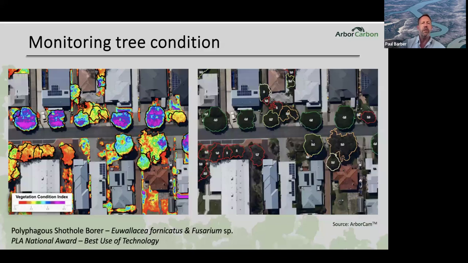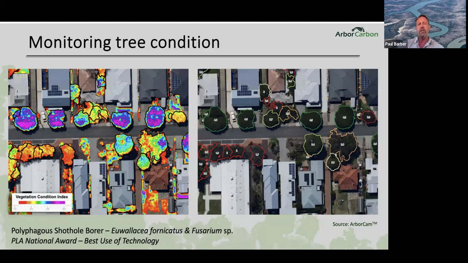Once we delineate the tree crowns, you see on the left-hand side there, we've got the vegetation condition index again. So the purple pixels are highest reflectance in each pixel, the red being the lowest reflectance. We delineate the tree crowns. We can then extract what we call a mean value VCI for each of those crowns, which is what you see on the right-hand side. So that mean value is a mean value of every single pixel in that crown. And then we get that value for each of those crowns. So the high value there is delineated in the green, the lower value is in the red, and we're effectively benchmarking the health condition of every single tree in the scene.